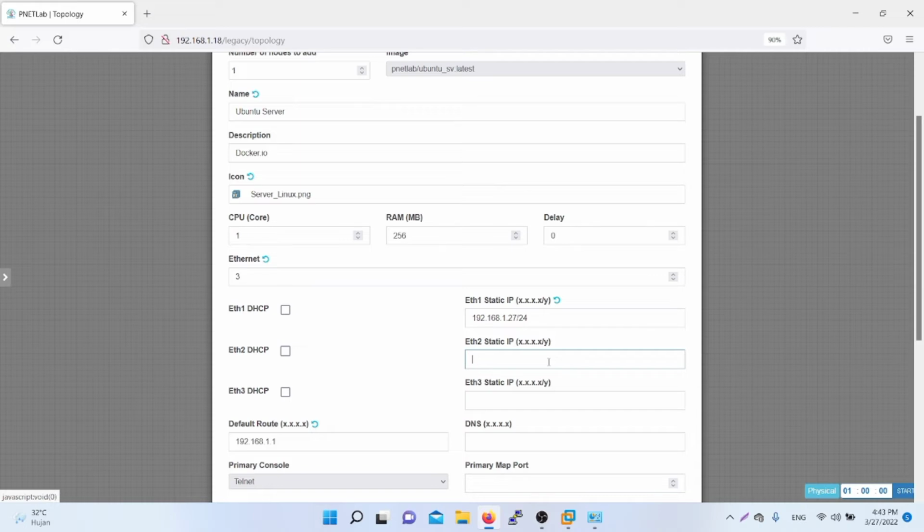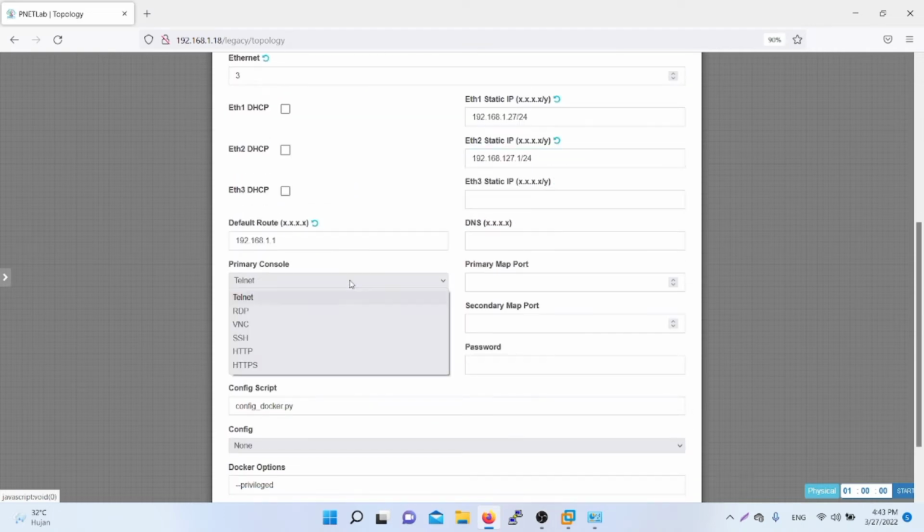For the second Ethernet static IP, I choose a private IP on a different network. My private IP in Ethernet 2 is 192.168.100.24.